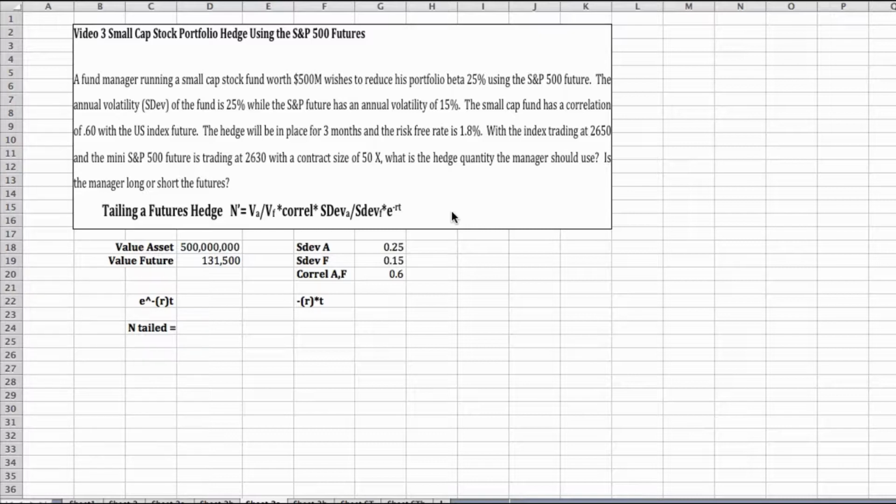And that's tailed or present value for the 3 months that this contract exists. So we've got our 500 million, and then our contract size, 50 times the index, and the futures price, 26.30. And so you get 131,500. And continuing on,